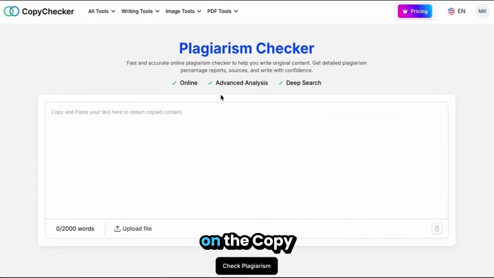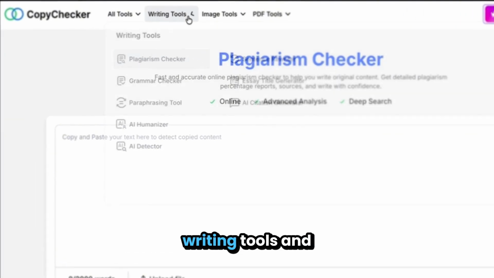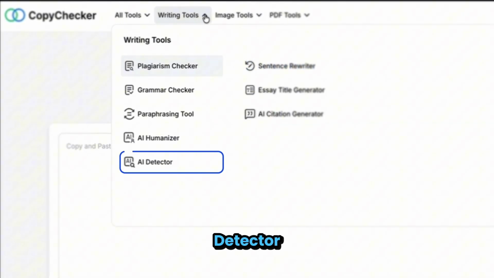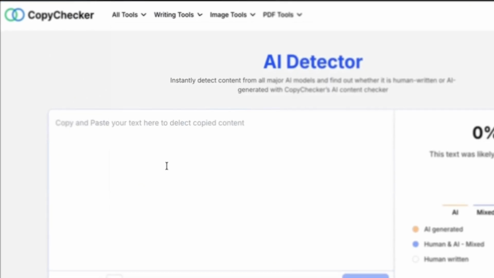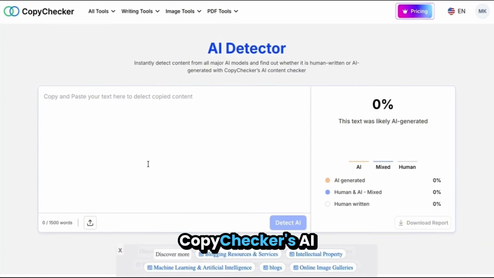Here we are on the CopyChecker website. Go to the writing tools and then select AI Detector. This is CopyChecker's AI Detector. It helps you check whether your text looks AI-generated, human-written, or somewhere in between. You can use it for essays, assignments, blog posts, client content, research drafts, emails, or any writing where originality and